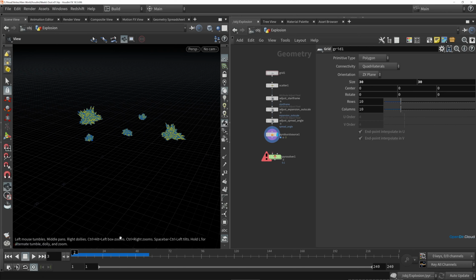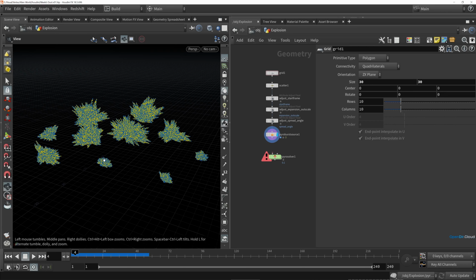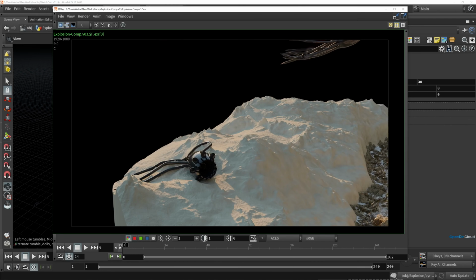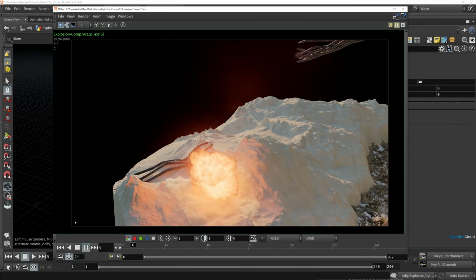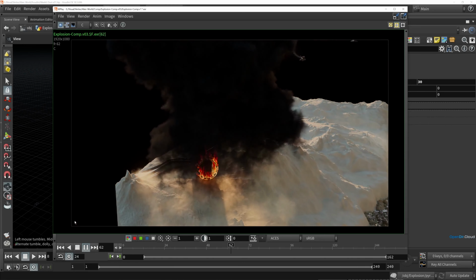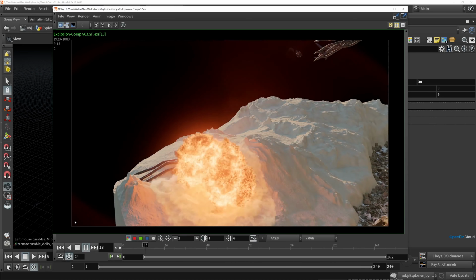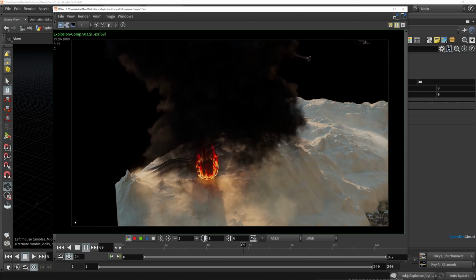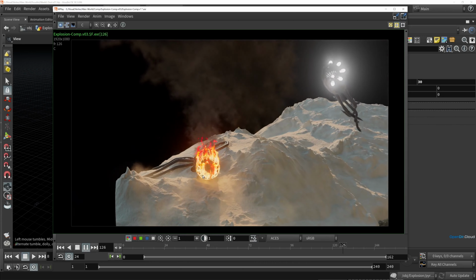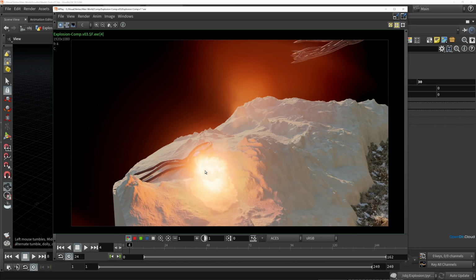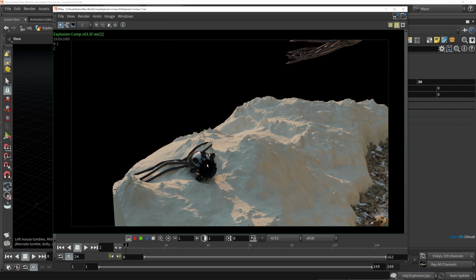So this is all looking pretty cool, and this would already make for a pretty interesting simulation, I'm sure, but let's apply this to the explosion for our creature. So if we take a look at this rendered and comped result, you might think that this explosion here really only needs one source. And sure, perhaps you could get a pretty cool explosion simulation by just using one source for this, but it can make things much more interesting if you have a couple different sources that happen offset